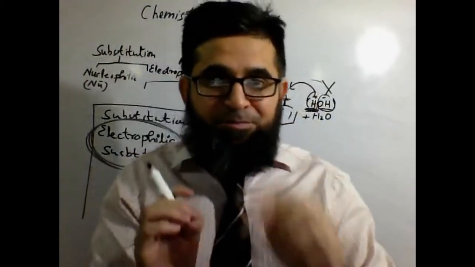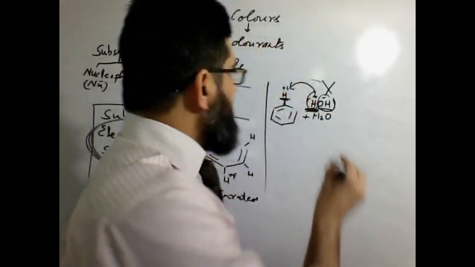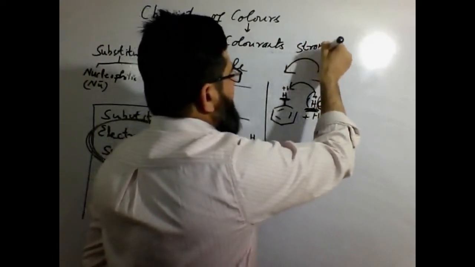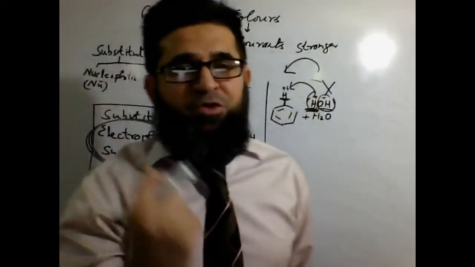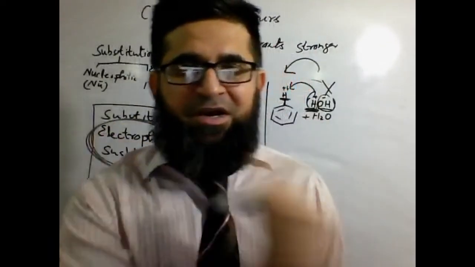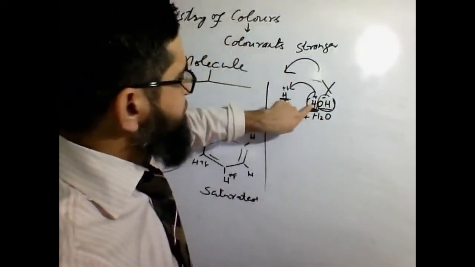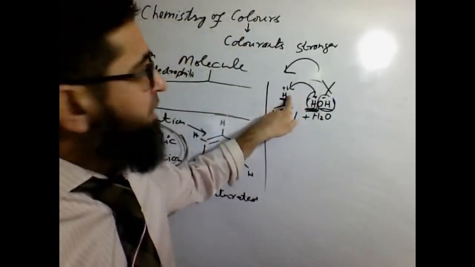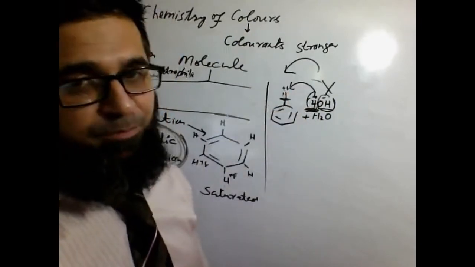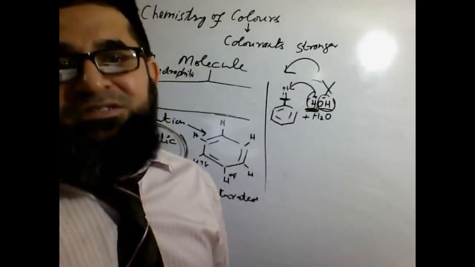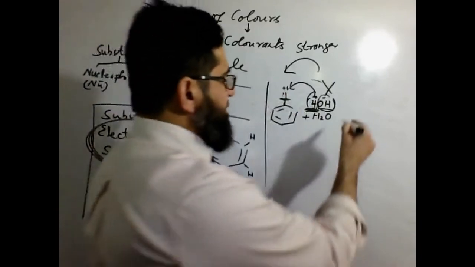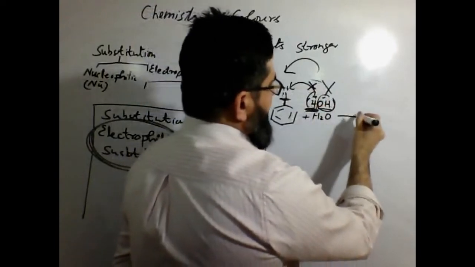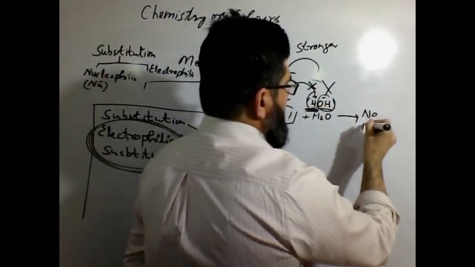For the substitution, the incoming one should be stronger. The one which has to come from outside should be stronger so it can kick out the one which is already attached to the molecule. If both have the same capacity, same potential, same power, meaning they are the same in their chemistry, then again it will not react. So both options have been nullified. Again I can write no product or no reaction.